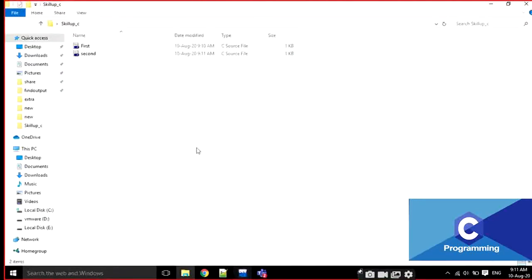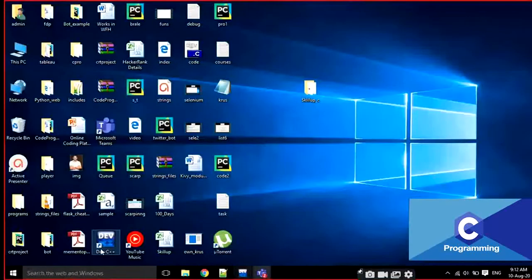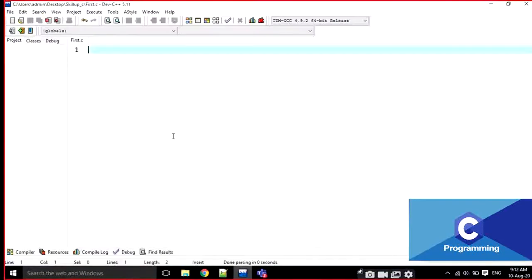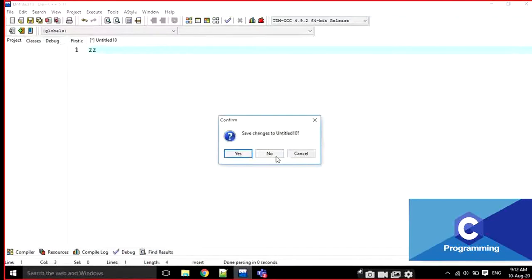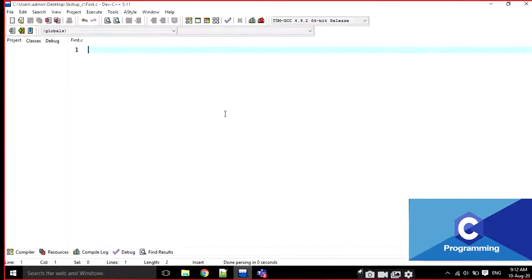First of all, what is the software we are using? That is DevCpp. After installation, it will give a shortcut on the desktop. Click on that one. After the software opens, press Control N. This is the file, and this is the way we are going to write the C program. Then we can write something and press Control S to save the file. Control N to create a new file, Control S to save the file. There are so many editors, but this is a good editor. We can use both C and C++ on the same platform.